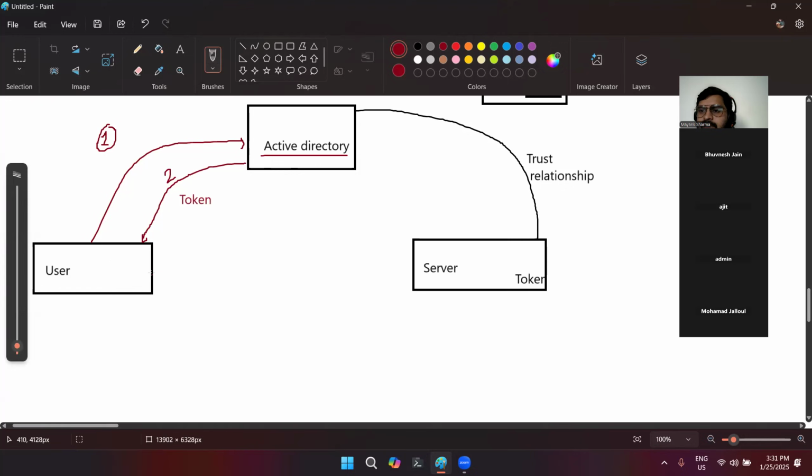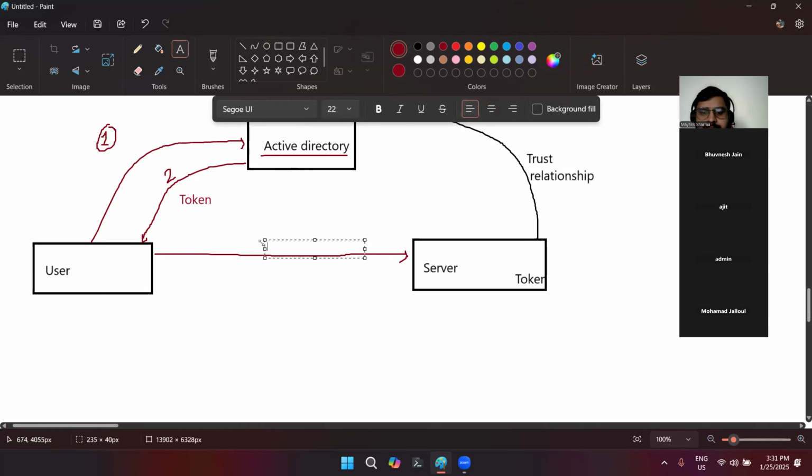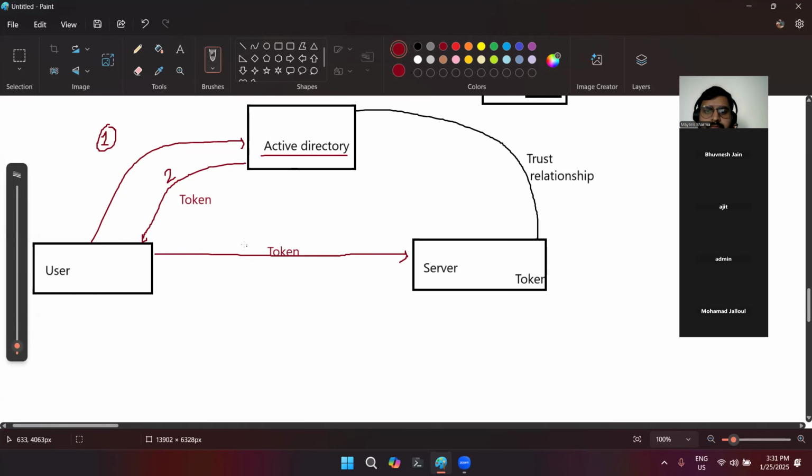Again, this all happens in the blink of an eye. The URLs are changing. Now the user takes this particular token to the server. Once this token arrives, as I told you earlier, our server is going to check it against the existing token that we received when we set up the trust relationship with our Active Directory.